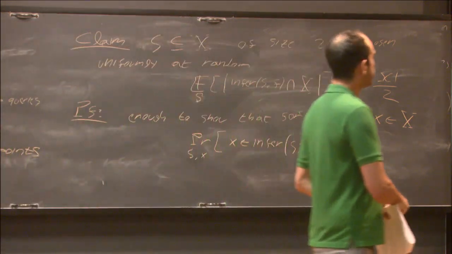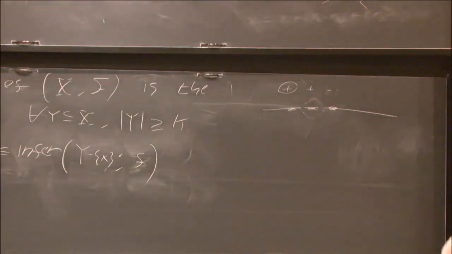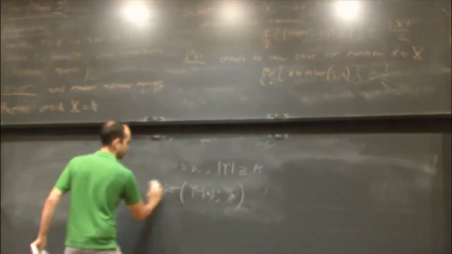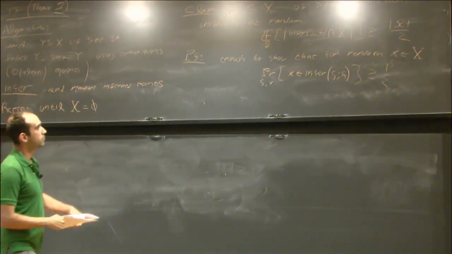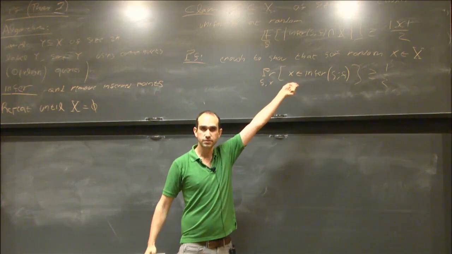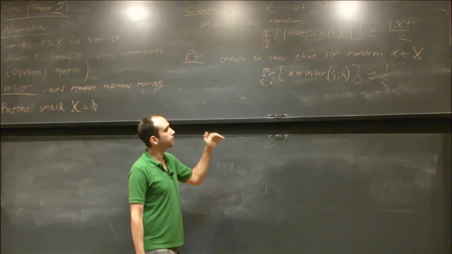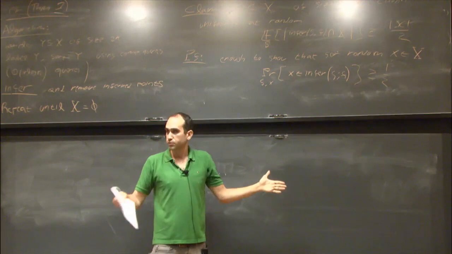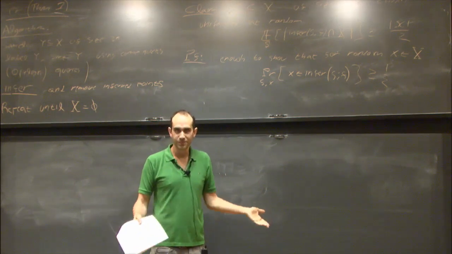Somehow all these generalization bounds add some redundancy to the randomness. They add an extra step, which makes life much simpler. So what we will do: instead of picking S at random and then picking X, we'll pick S union X, a set of size 2k plus 1, and then pick X from there at random. I repeat, instead of picking S, then X, and checking whether X is inferred, we'll pick 2k plus 1 points and then pick one of them at random. It's an equivalent experiment, exactly the same distribution. But magically, this will enable us to